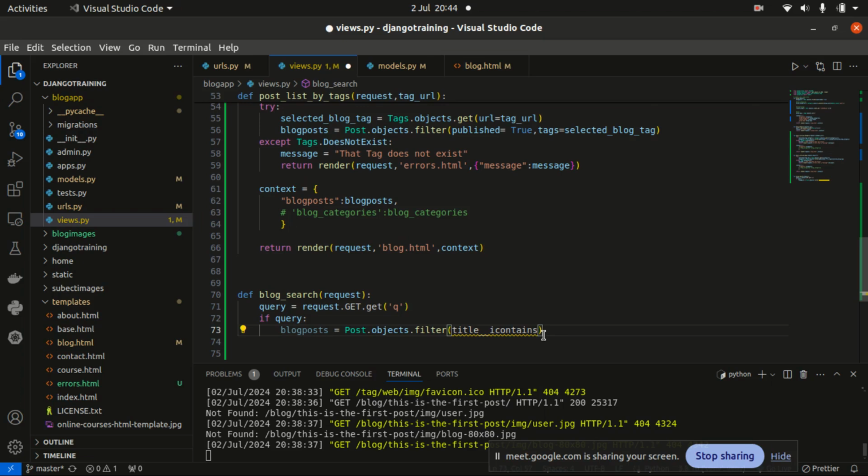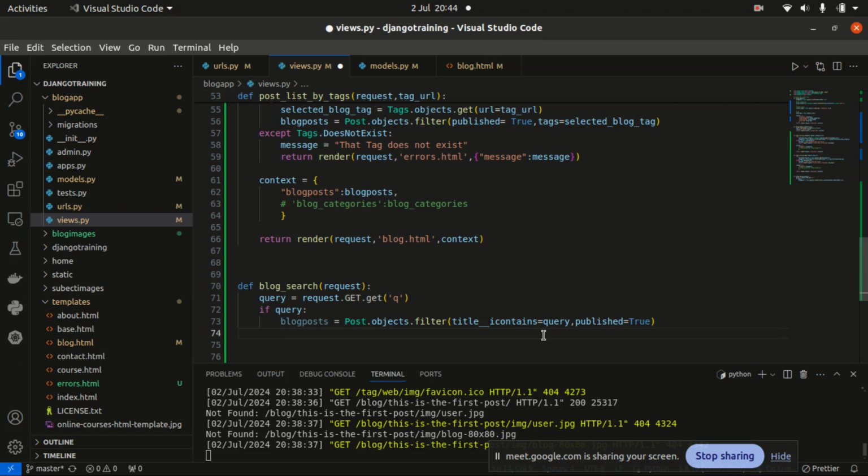All right, so it contains the query. The title contains the query. And again, we don't want to search for those blog posts that we haven't published yet, so we also need to pass in published, like we have always been doing. This will only focus on those that have been published. And after we do that, then we hope that our blog post will contain